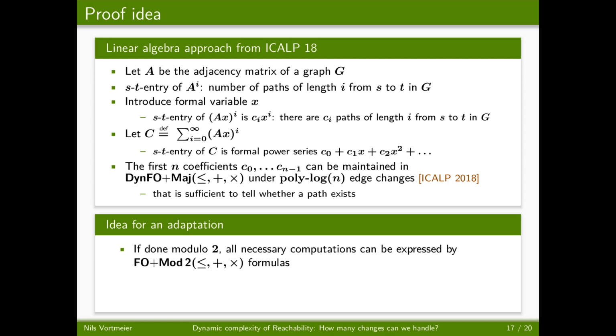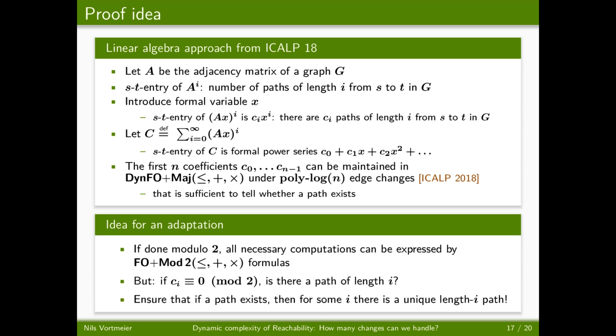That means that we can maintain in DynFO plus mod 2 with arithmetics the first n coefficients C0 to Cn-1 modulo 2. But if for some i the value of Ci that we maintain is 0, does this mean that there are actually 0 paths of length i, or is there a non-zero even number of paths? To circumvent this problem, we need to ensure that if some path at all exists, then for some length i, there should be an odd number of paths of length i, and ideally there would be just one path of